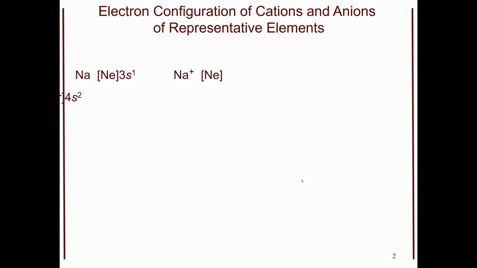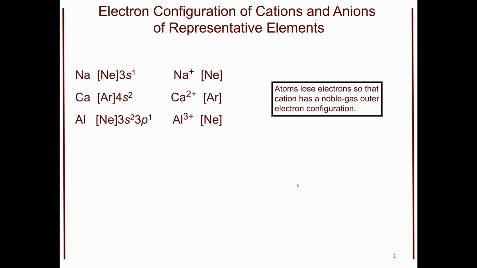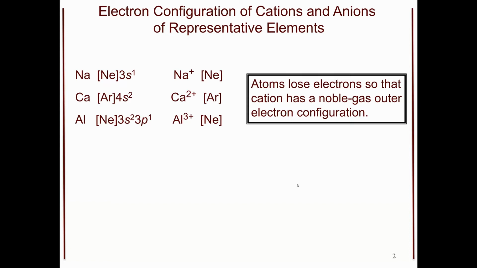So if we look at our species here, you will see that if I have sodium, calcium, and aluminum, these are typically metals. These species like to lose electrons to form the cation, which is the positively charged species that has the same noble gas notation of the previous noble gas. As you see with sodium, I have neon 3s1. If I were to remove one electron, I would remove the 3s1 electron, reverting back to the neon